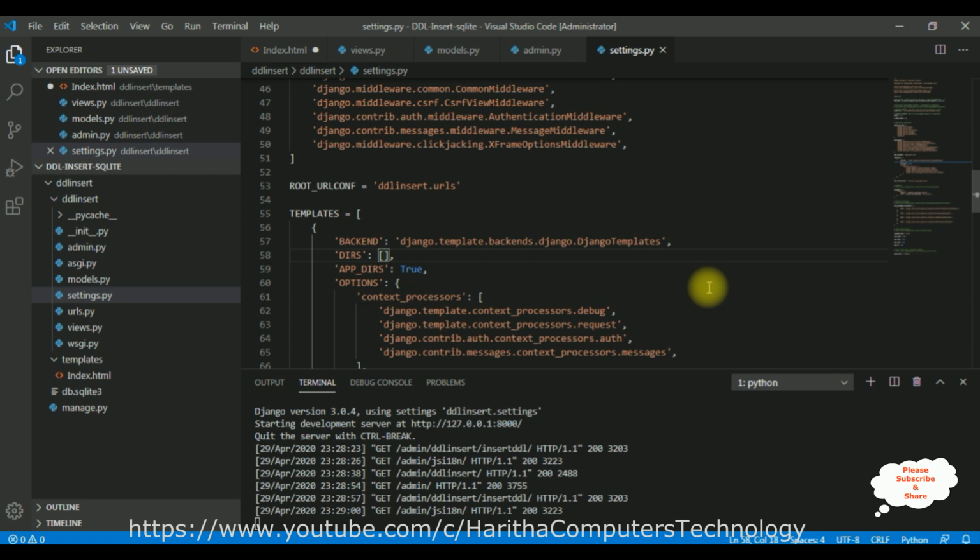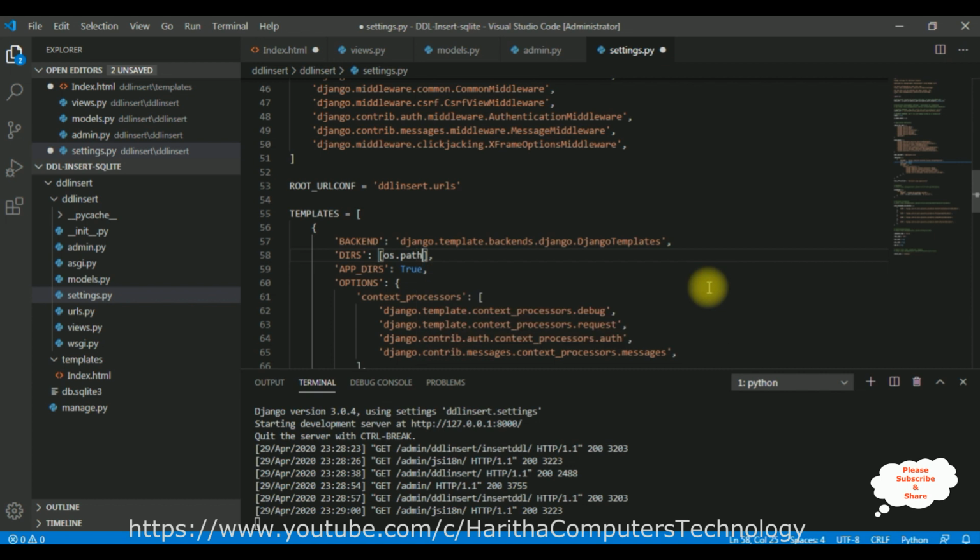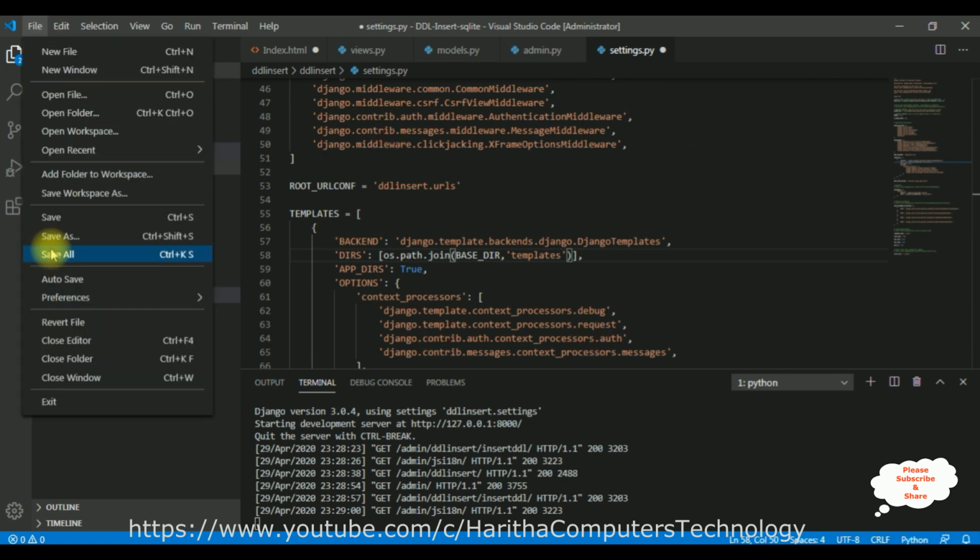So, os.path.join method, with BASE_DIR, comma, between single quotes, I am adding templates. This is our folder name. That's it, we have done the complete coding part. Let's save this file, save all,